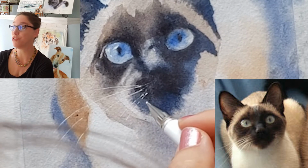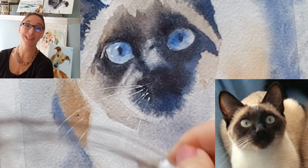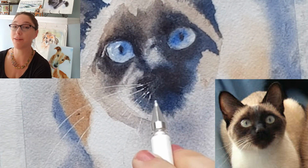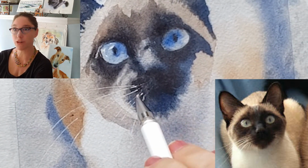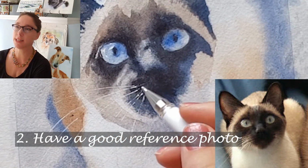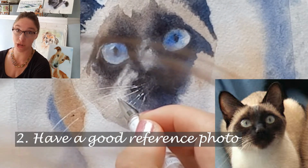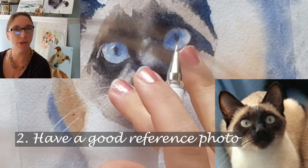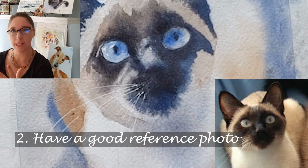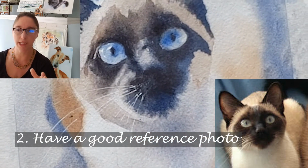Okay, the number 2 most important thing in watercolor painting, having a successful watercolor painting, is having a good reference photo. If your reference photo doesn't inspire you, isn't beautiful, doesn't have a good balance of lights, darks, and mediums, doesn't have good lines and edges where there's lots of curves, and if there's a lot of straight edges, like I